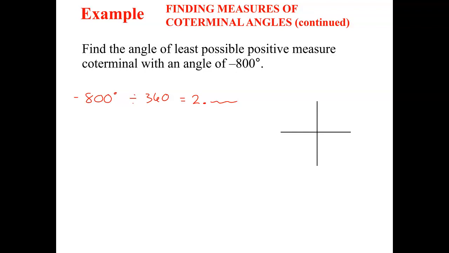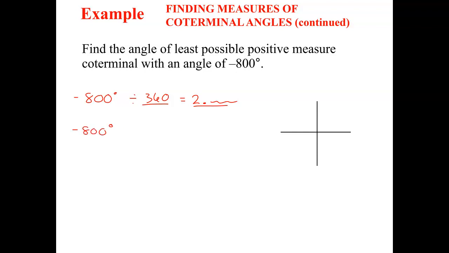Finding coterminal angles, we add or subtract 360 to get to wherever we want, but we have to do it over and over. Negative 800 is a big number. That's multiple rotations around and around. So option 1 is you can do negative 800 plus 360, and then again, until you get to where you need. If you divide by a rotation and figure out how many rotations it is, it can get you there a lot faster. Okay? So negative 800,